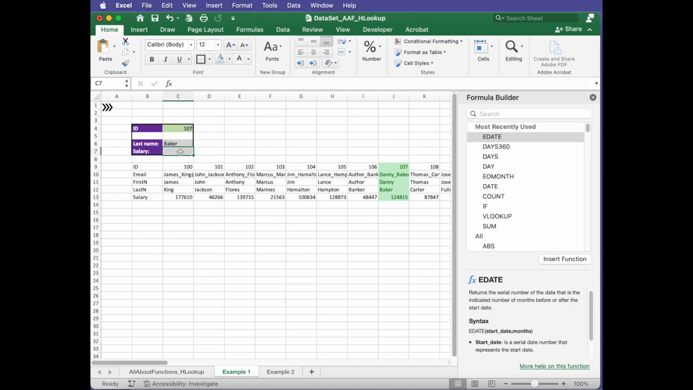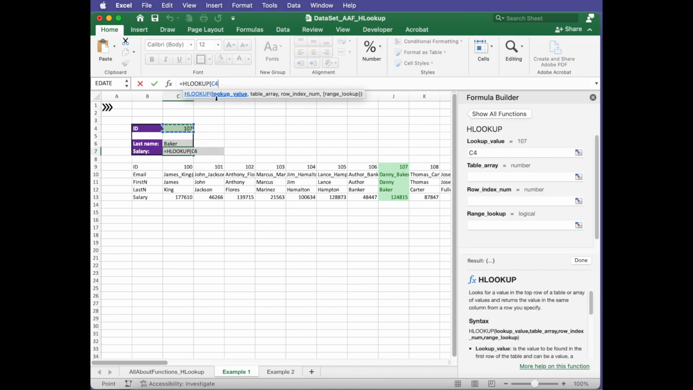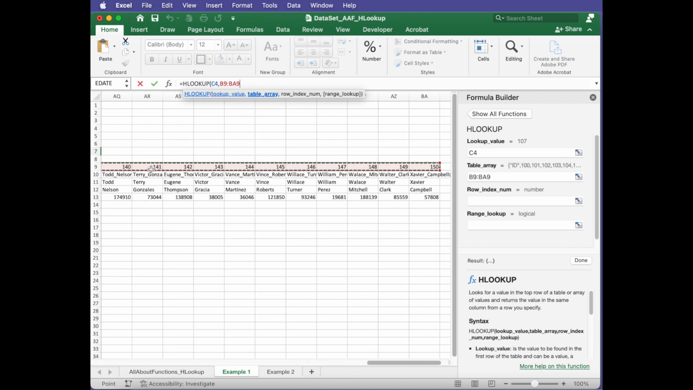Okay, so now we're going to put in our formula for the salary. Equals Hlookup. Go ahead and click on it, or double click if you're on the PC. And this time we're just going to type it in. We're going to use the cheat sheet below, so we'll type in C4 comma, and then we're going to select all the data, and then comma,